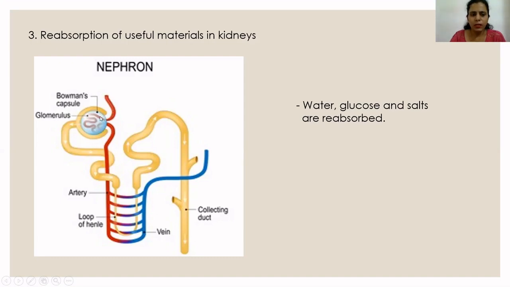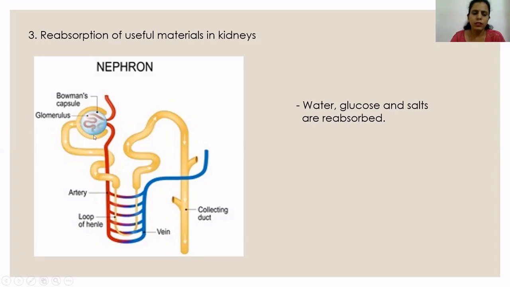So when blood comes inside this glomerulus, which is a bundle of blood vessels, from blood, water, salts, glucose, and the excretory product called urea go to the Bowman's capsule by the process of diffusion. Okay.